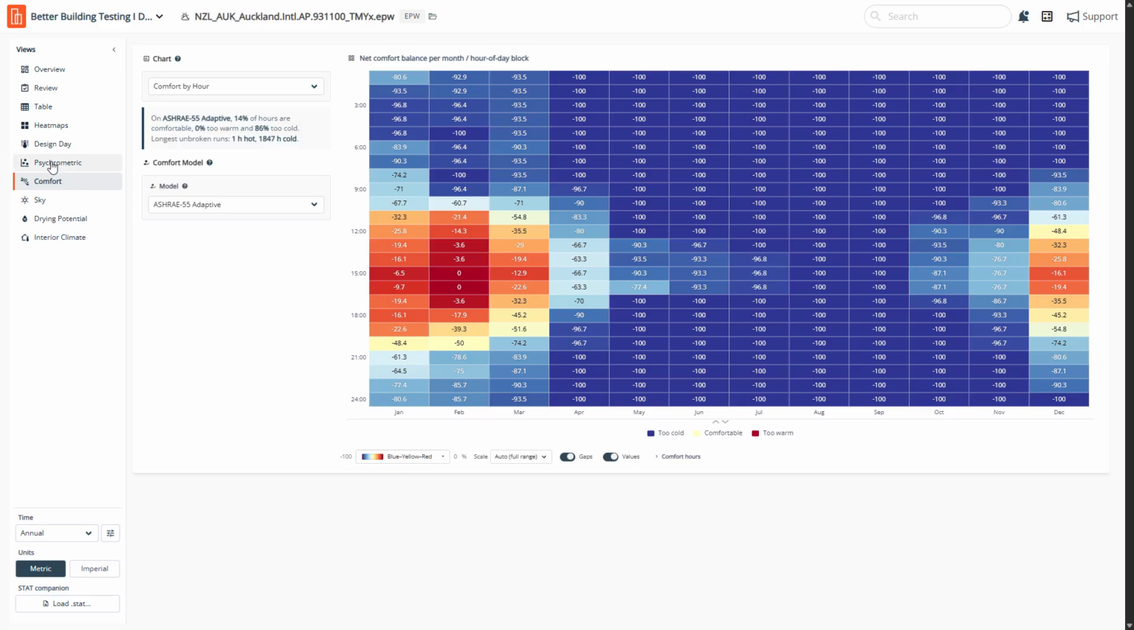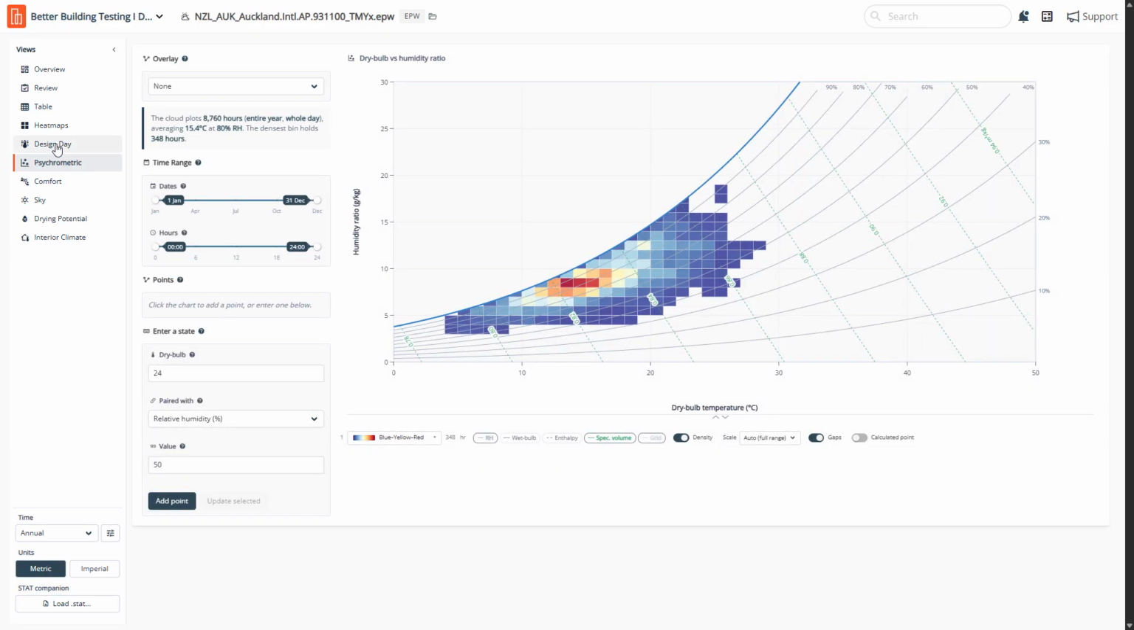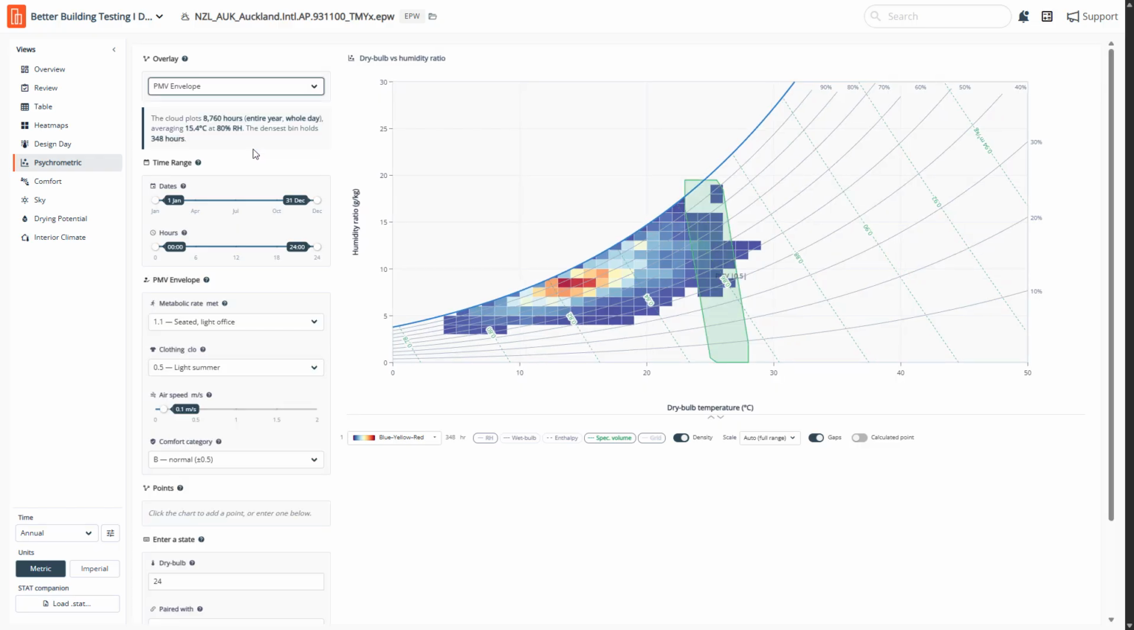Finally, we have the psychrometric. So psychrometric charts are well known to be confusing. We've tried to make this a little bit less confusing for folks, and I guess it has a couple of different applications. So first of all, you can get your favorites up here again and overlay a graphic there in order to tell you, in this case, what the PMV is, or where the comfort range is,